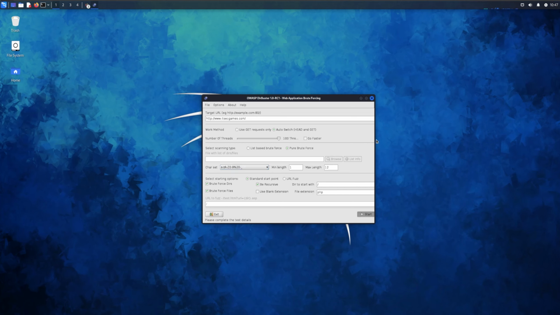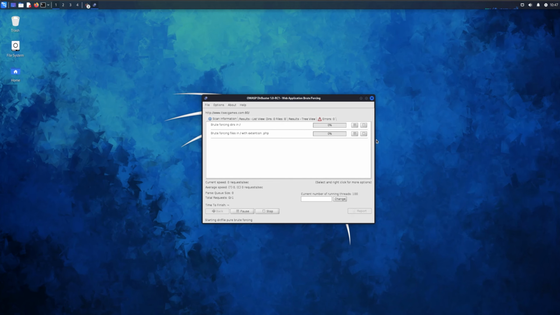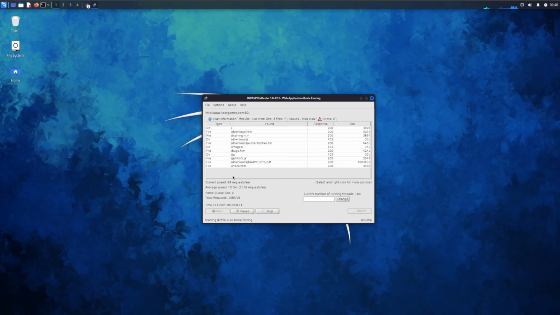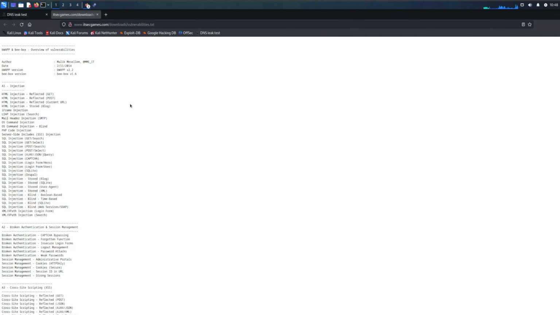We're just going to press start and it should find us some directories. I've done this a couple of times already, and it's found some directories that we could have a look at. As you can see, we actually have found some stuff that we could use. So for example, there's a file, vulnerabilities.txt. I'm going to go on this, and if you open the browser, and as you can see,